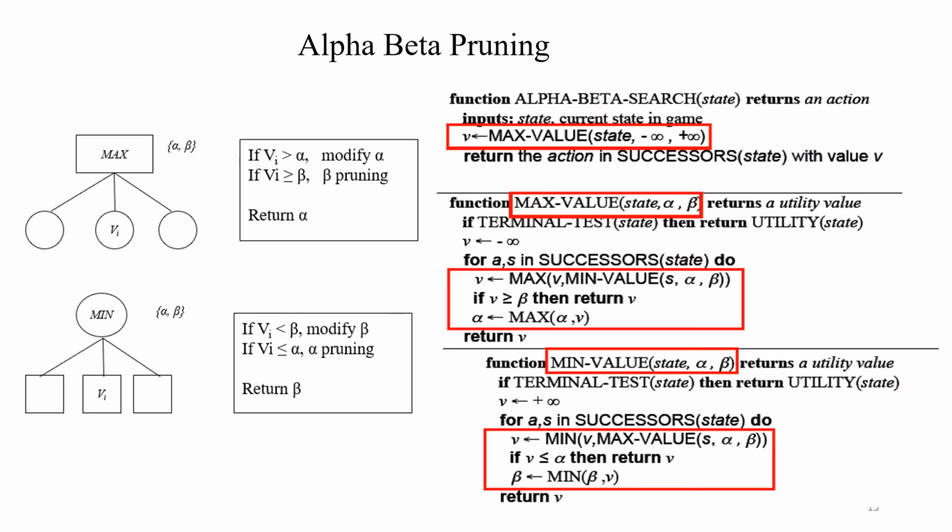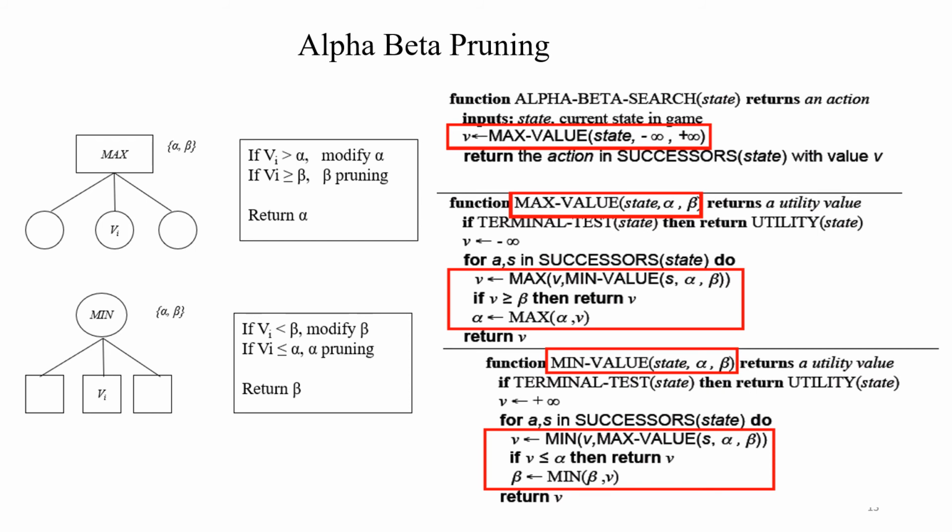Let us discuss alpha beta search. The input is the current state, and it is going to return an action. Max is going to start his first move, so we have his current state, and the minimum and maximum values considered are minus infinity to plus infinity. The function always returns the value v. It returns an action in the successor state.